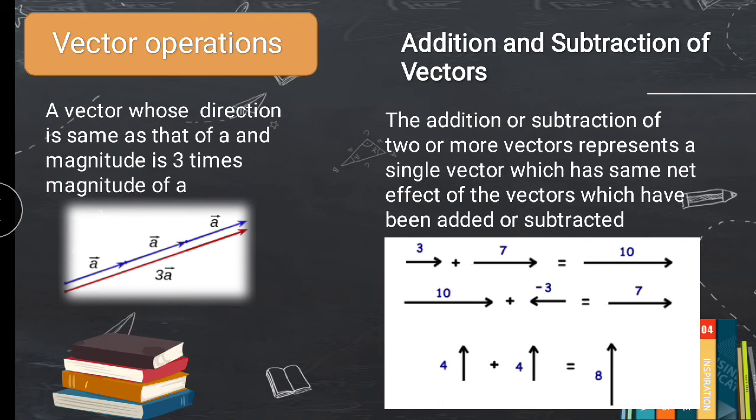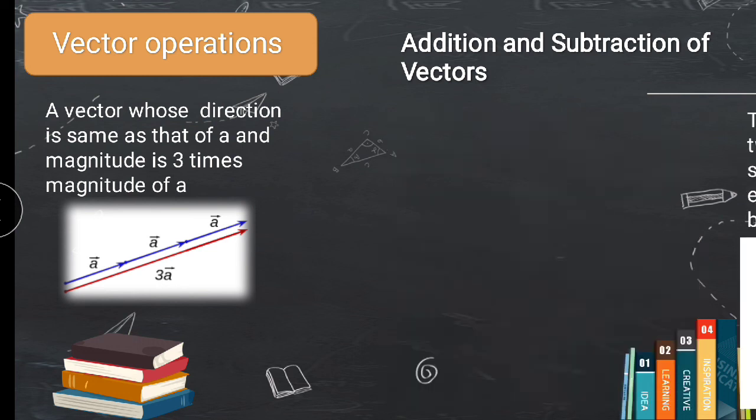Now friends, we should remember over here that we can add the quantities only if the vectors are of the same kind; then and only then can we add or subtract. That means if a vector is representing force, then we can add the quantities of force only. In that we cannot add the vector quantity of acceleration, right? So it needs to be remembered here, we can add or subtract the same vectors, right? So this is all about the vector operation.